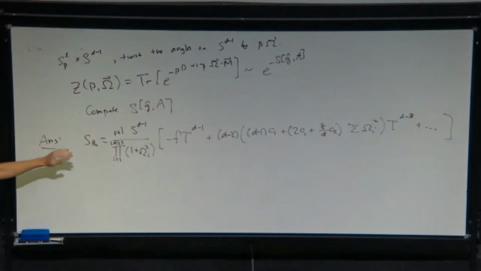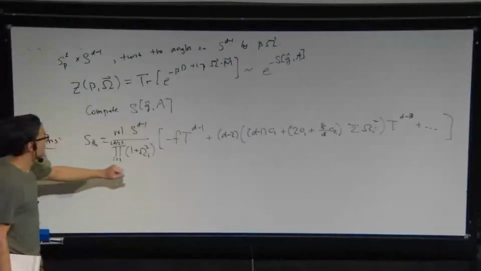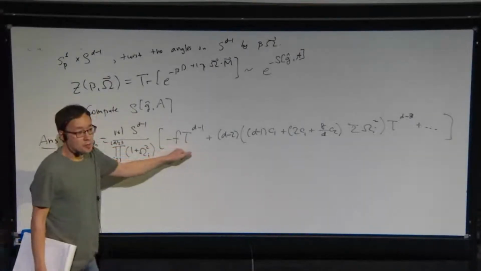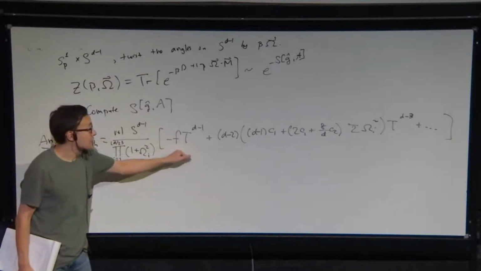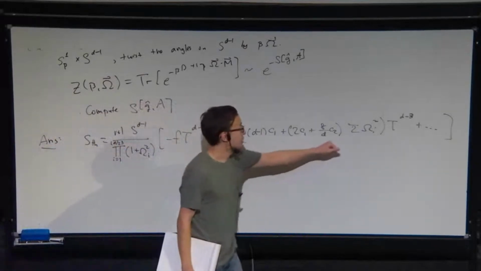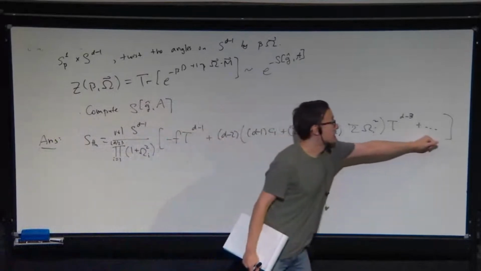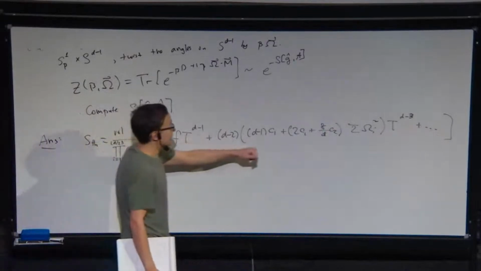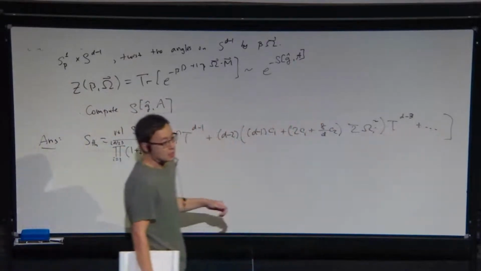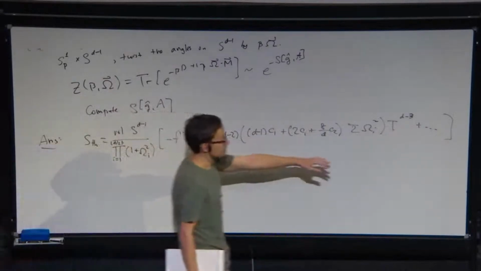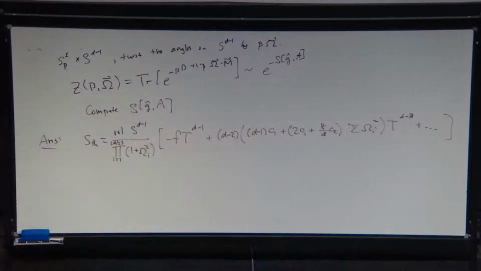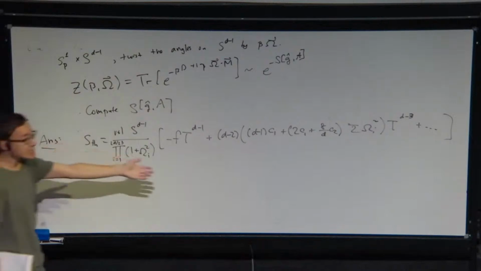So let me say a few words about this. First, we see this is a function of the temperature, 1 over beta, and these chemical potentials. And we see here where the Wilsonian coefficients enter. Here's f, the cosmological constant. C1 was the Einstein term. C2 was the Maxwell term. And these higher derivative terms will appear in dot, dot, dots. And as Slava predicted, indeed, to make the dimensions work, we have extra powers of T to compensate. So the next term, for example, would be T to the d minus 5, coming from the 4 derivative term here. So here I wrote up to 2 derivatives. If you include the 4 derivative terms, that would be T to the d minus 5, et cetera.